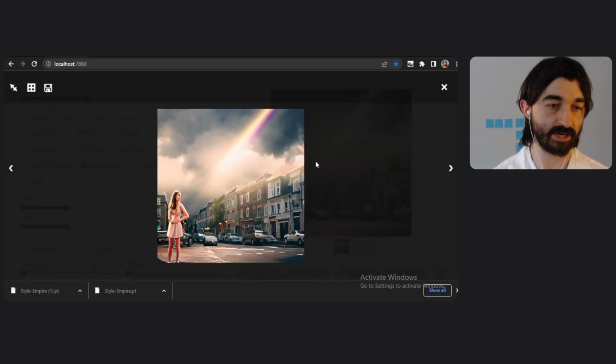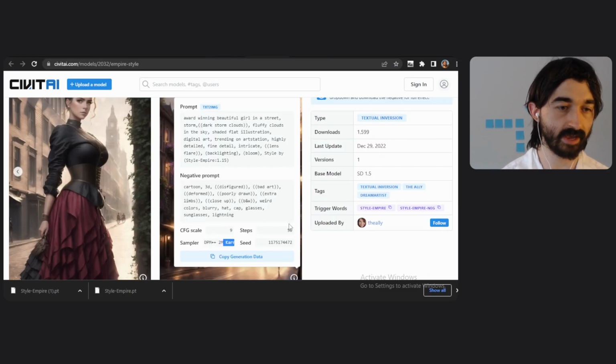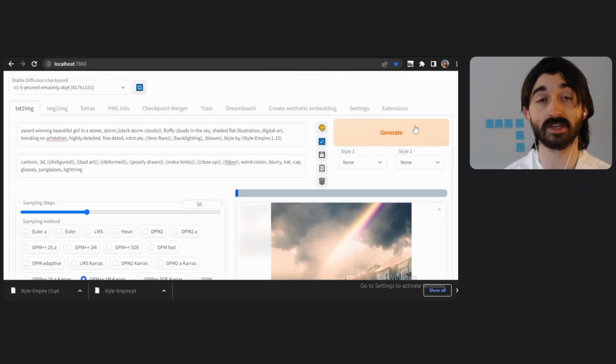It still looks like trash. It still looks like garbage, and I hate it. So let's try one more time and add the seed in. And we're also going to change the CFG scale to 9. So hopefully this should give us like an exact